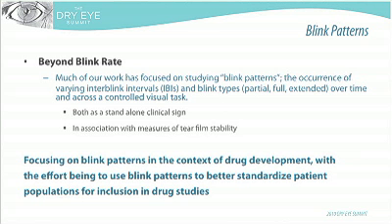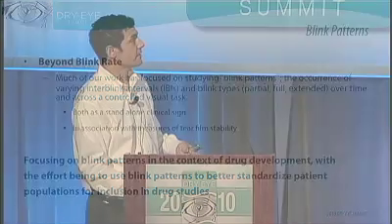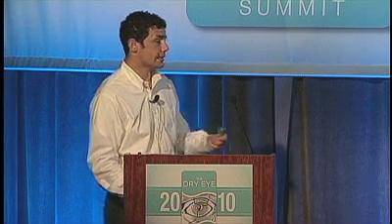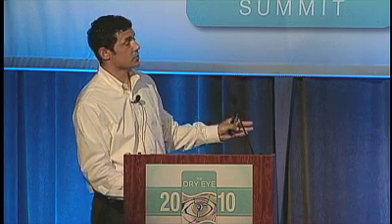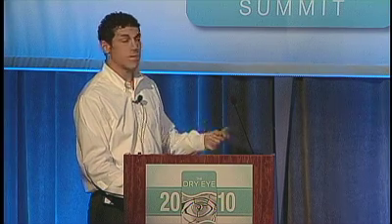I'm going to talk a lot today about blink patterns. What I refer to when I talk about blink patterns are the occurrence of varying interblink intervals and blink types, that being partial, full, and extended blinks over a given period of time, under a controlled visual task. And we look at blink patterns both as a standalone clinical sign and in association with measures of